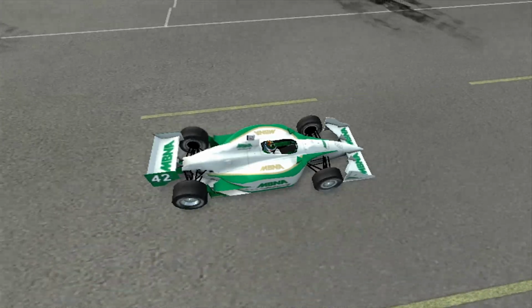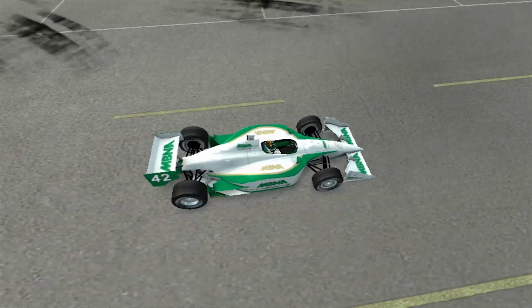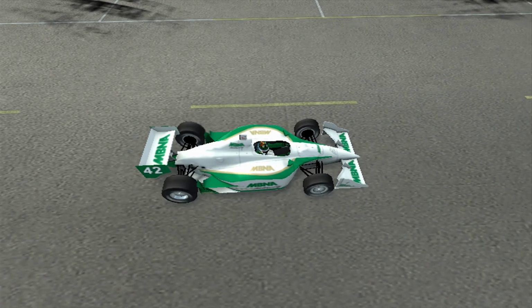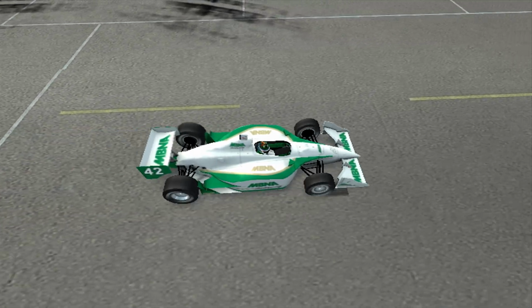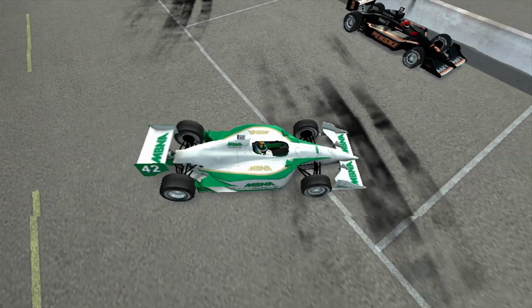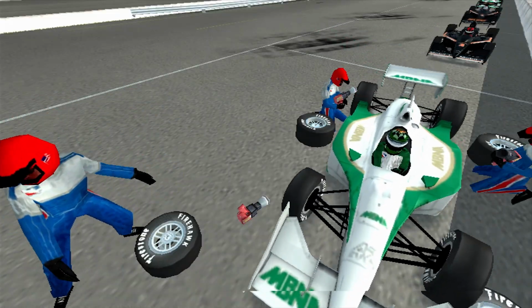That was a little bit sneaky, but you can do that. It's just an exploit from the game. As soon as the chevrons disappear from the car in front, you can then pass them. So I wasn't actually doing anything wrong. I was just following the rules. And of course, the chevrons disappear when everyone goes onto the pit apron, so then I can just get a